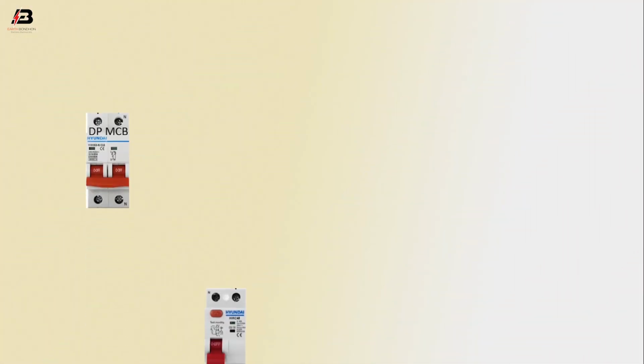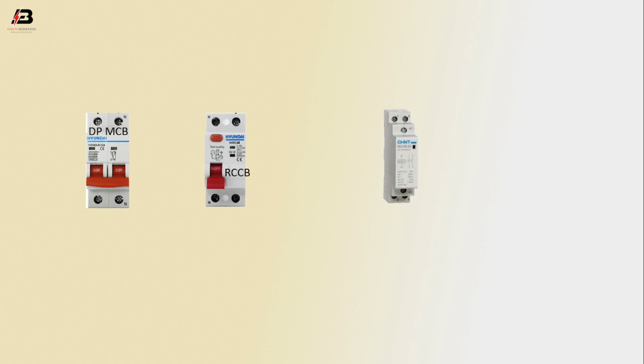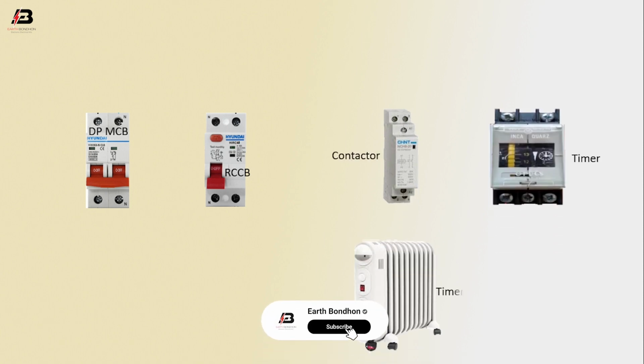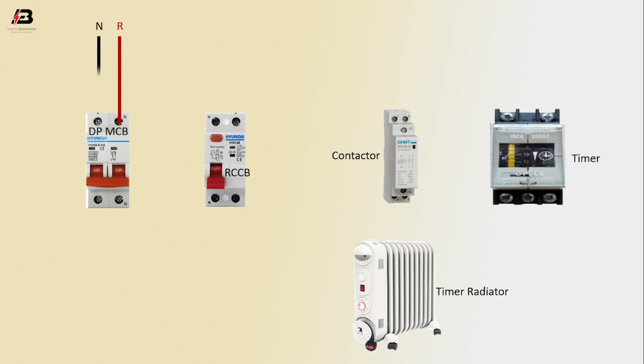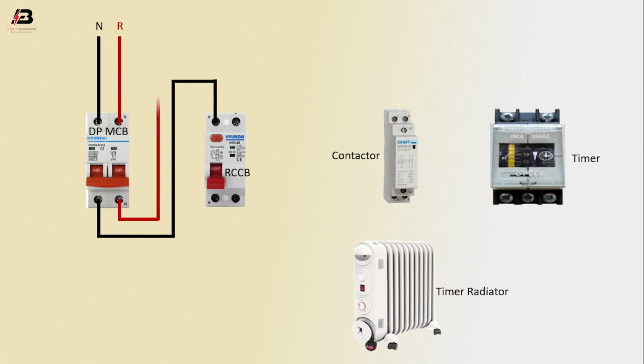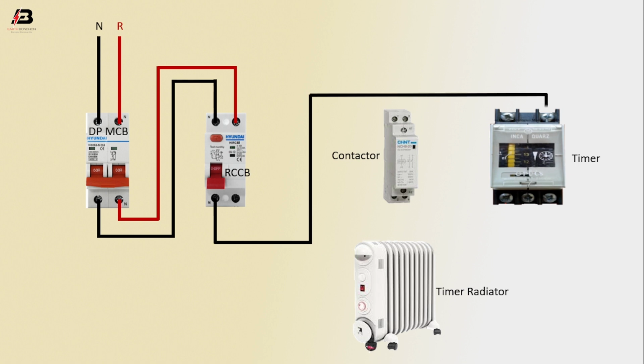So viewers, let's start. DP-MCB circuit breaker, RCCB circuit breaker, contactor, timer radiator. Phase connection to DP-MCB circuit breaker, neutral connection to DP-MCB circuit breaker, neutral connection from DP-MCB to connect RCCB, phase connection from DP-MCB to connect RCCB, neutral connection from RCCB to connect timer, neutral connection to contactor, phase connection from